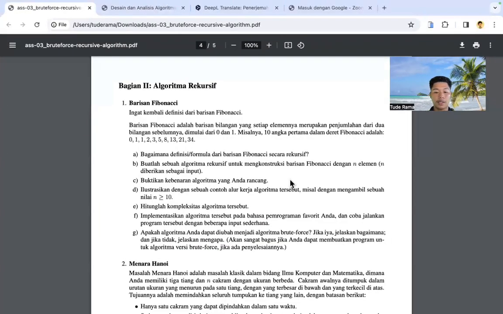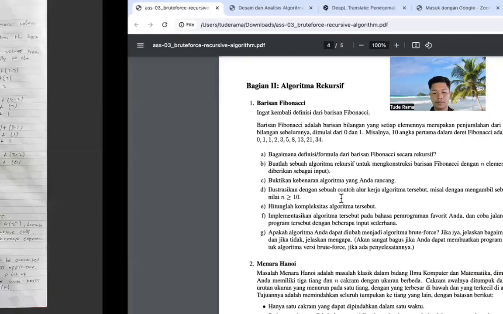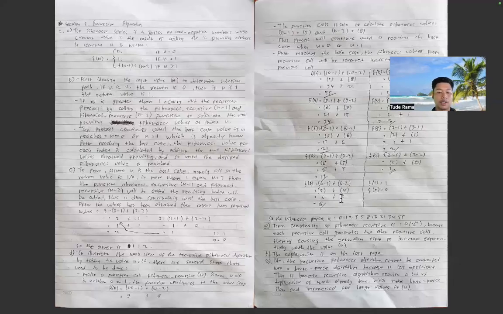Okay, for number D: illustrate with an example the workflow of the algorithm, taking n greater than or equal to 10. So to illustrate the workflow of the recursive Fibonacci algorithm by taking the value n equal to 10, there are several steps that need to be done.